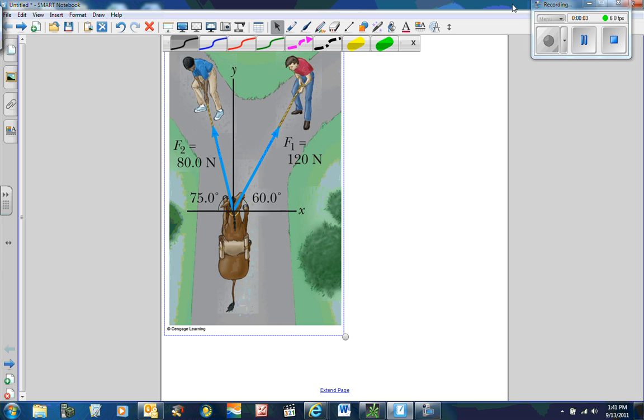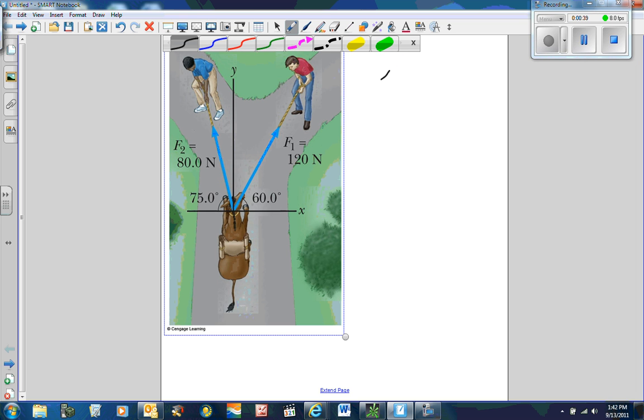Okay, let's do a problem here with non-perpendicular vectors. So we have two guys pulling on a mule, one at 120 newtons, 60 degrees from the positive x-axis, and one 80 newtons, 75 degrees from the negative x-axis. And so we have two different vectors here, and what we're going to do is start out and be sure we have an